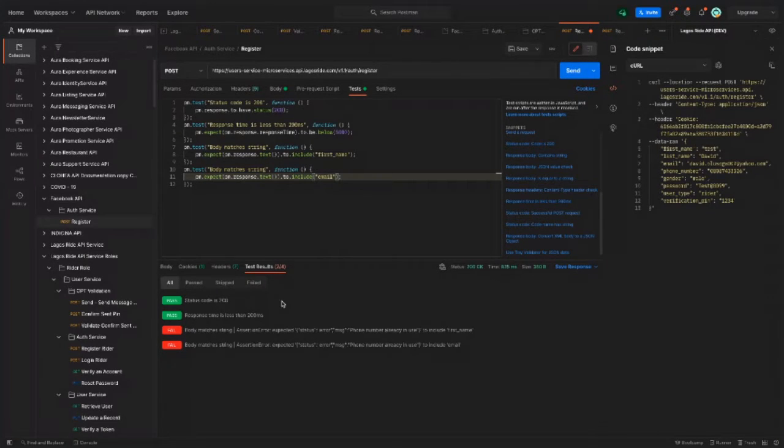Normally this status code, as I explained in the last class, is supposed to be 404. It's supposed to tell me not found, like a 404 request, but as the system has been programmed, it said, okay, for every request you give a 200 response code, which is not our problem. So that is how to create a collection, and that is how to add tests to your request. Do we all get that?